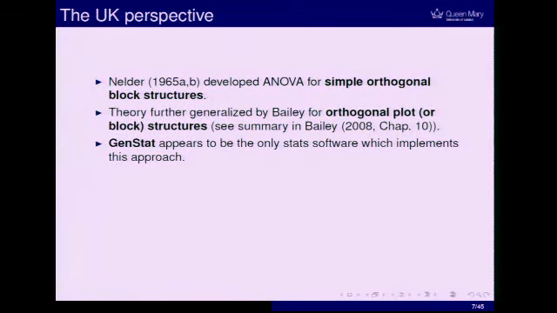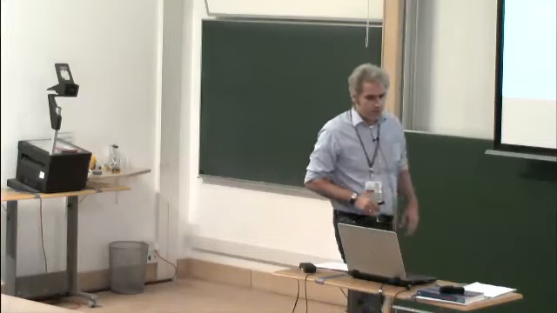Now, just a few comments about what I refer to as the UK perspective. There are two influential papers by Nelder from 1965, which deal with the ANOVA for simple orthogonal block structures, that is, for those block structures which can be obtained by iterated crossing and nesting of factors. That theory was further generalized by Rosemary and other people, and the account of that generalization I'm using very heavily in this talk is basically a chapter in Rosemary's book